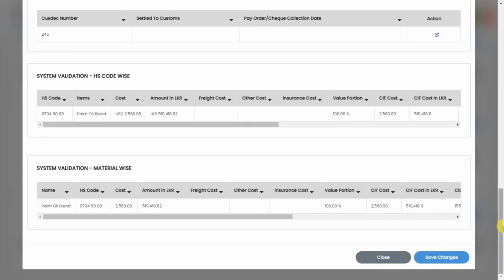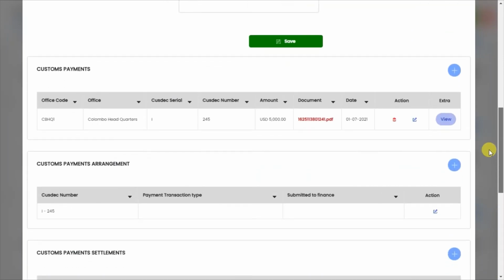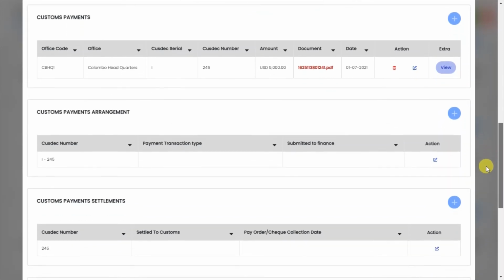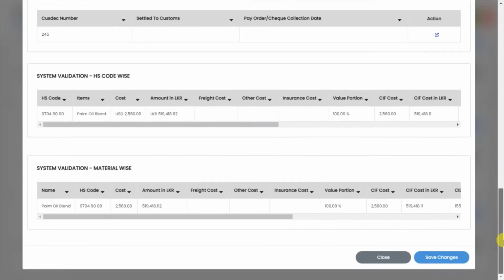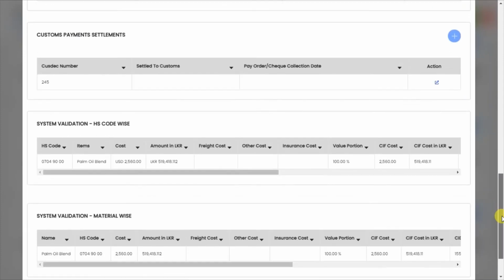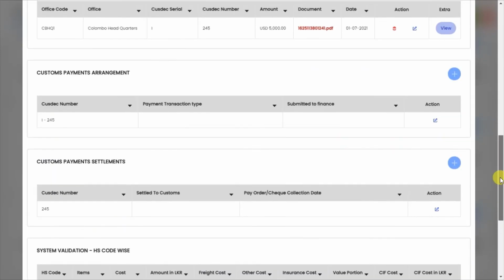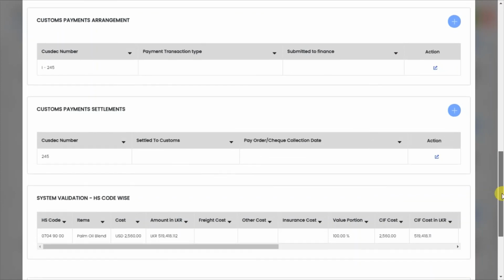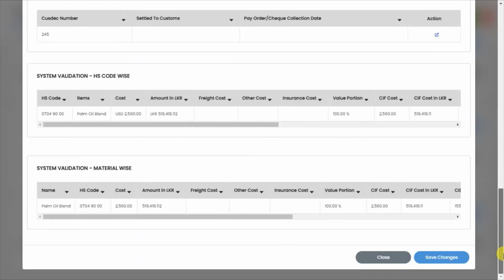So finally, you have to click on Save Changes. You don't have to fill those data at once, since the customs payment arrangement can be arranged later, and then the customs payment readiness will be appearing here later. So that's how the payment data is getting updated. Also, once you update the customs duty settlement data, if your customs house agent has enabled the Bridge mobile app access, they will be notified instantly through the mobile app.